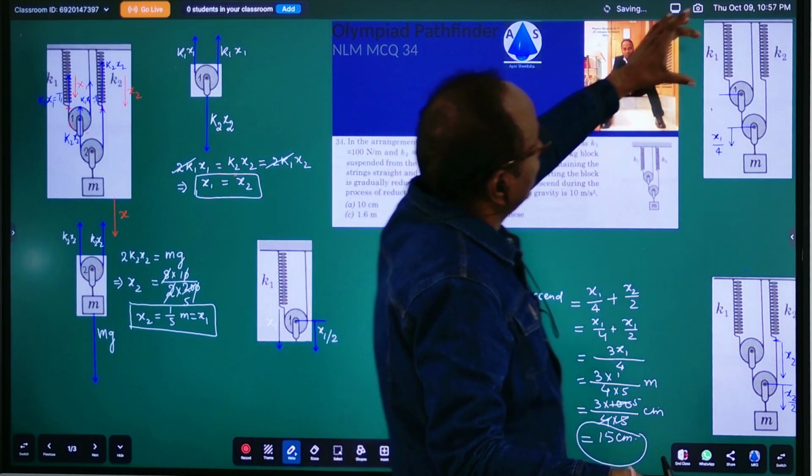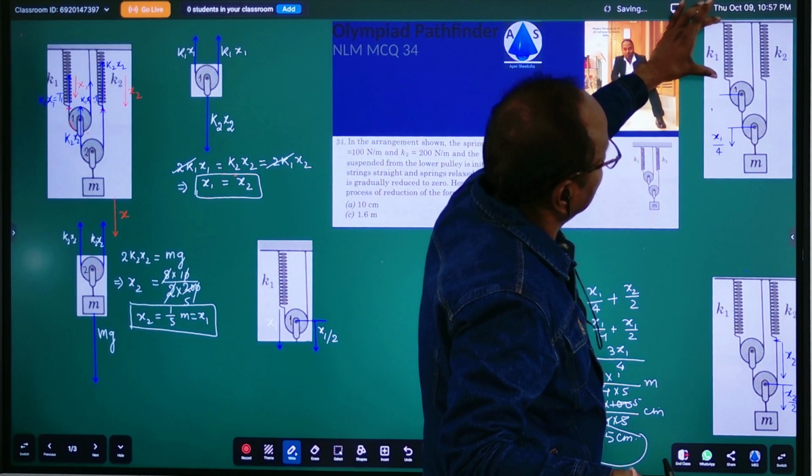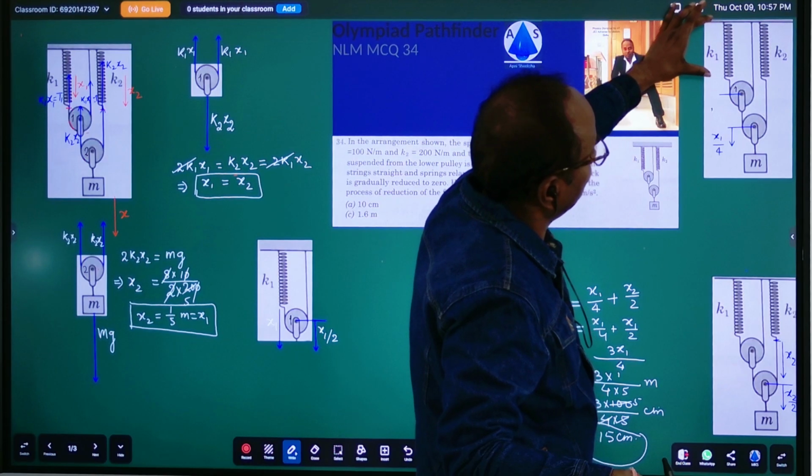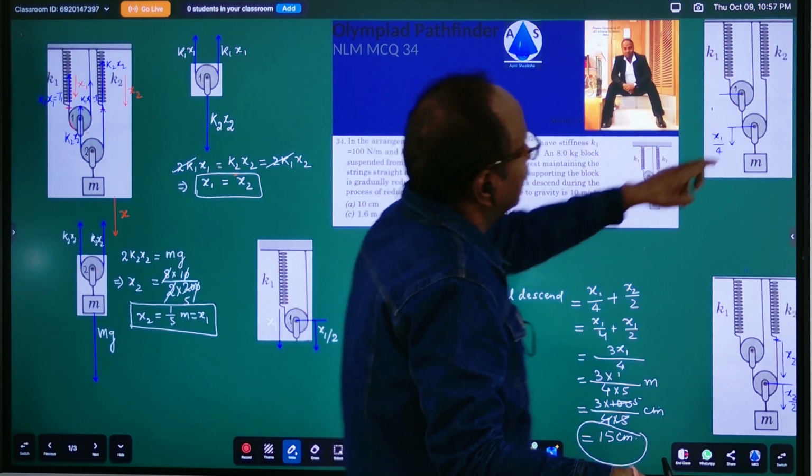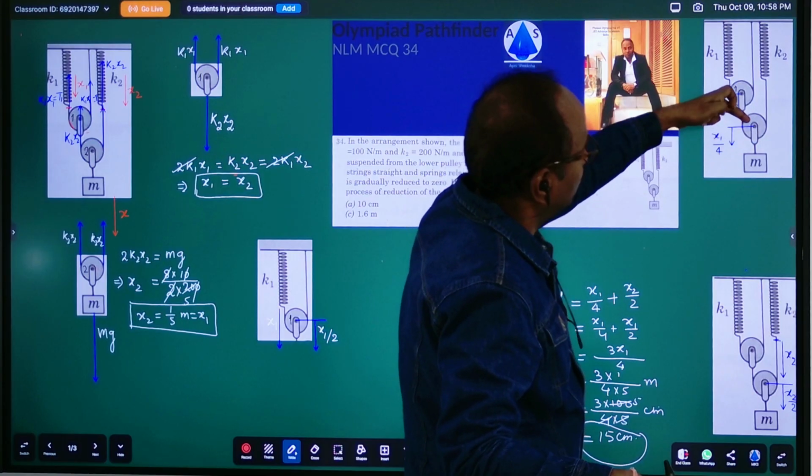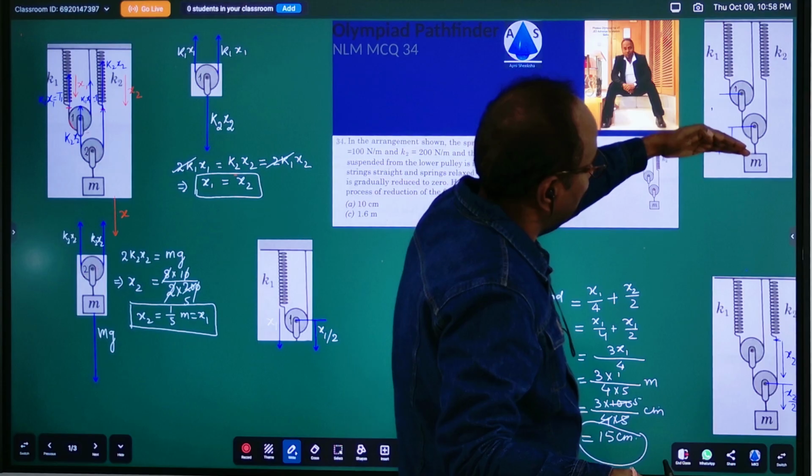So because of elongation of x1 in this, इस वाले स्प्रिंग में x1 का जो इलोंगेशन है उसकी वजह से इस पुली का जो एक्सेल है वो x1/4 से नीचे आ गया।